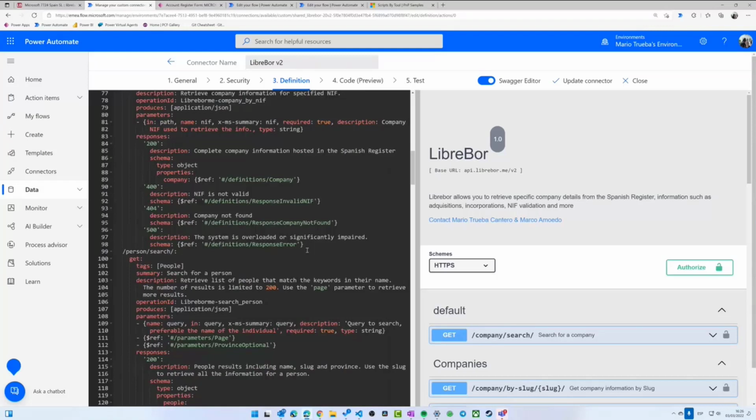The other thing I want to say is a big shout out to Natalie and the team behind the independent publisher connector, because the moment you finish your connector, you upload it to GitHub and then you receive constant feedback on a daily basis about how your connector is doing and what validations they're doing. Honestly, the process is so simple and they are so on top of it to make sure you understand where your connector is in the journey. It is really good to work with them. And with that said, I'm hoping Natalie can be back on the call. She can then give us an update on the number of independent publisher connectors that we have.